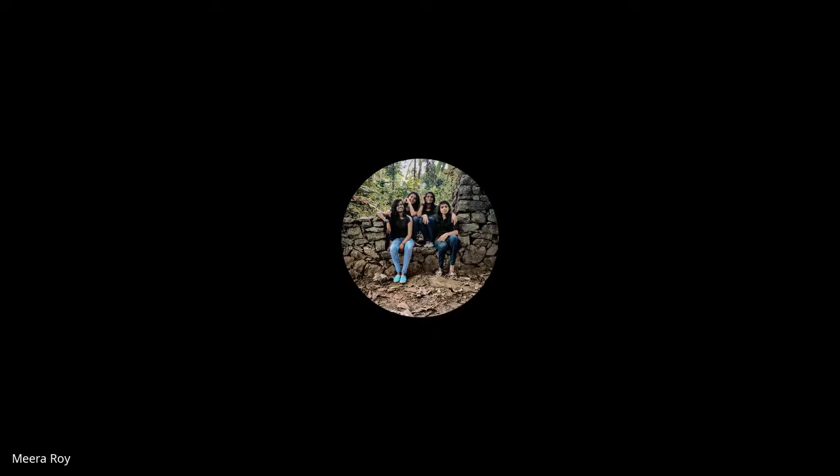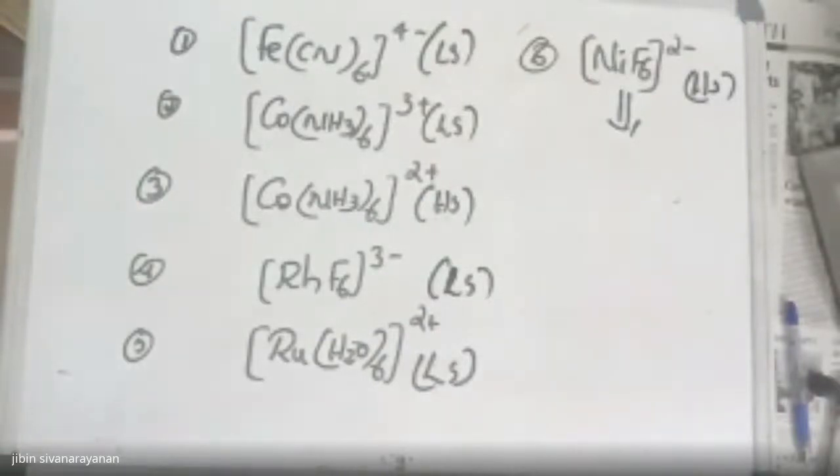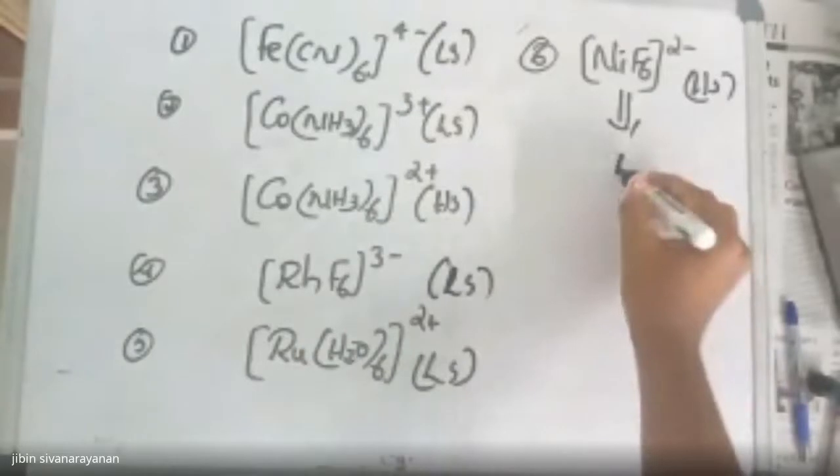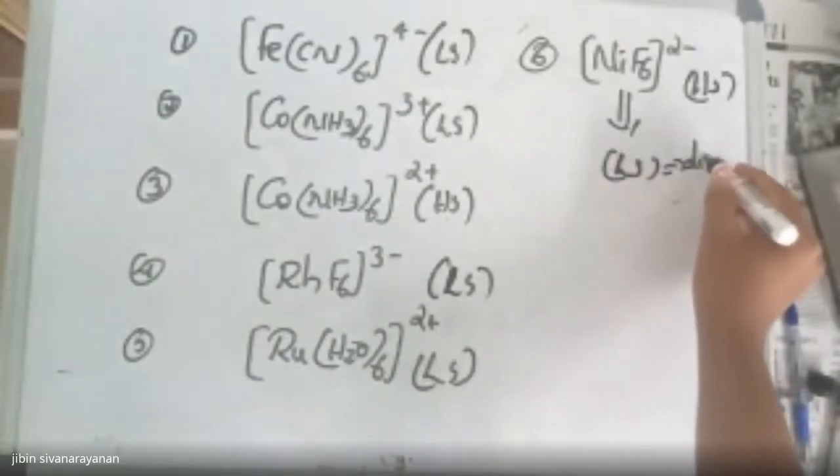What is the oxidation state of nickel in this complex? Nickel 4 plus. Normally we expect nickel to be in +2 oxidation state, right? So now it is in +4 oxidation state, so the oxidation number is very high. So this is also a low spin complex with diamagnetism. Even though the ligand is very weak, the oxidation number is very high.